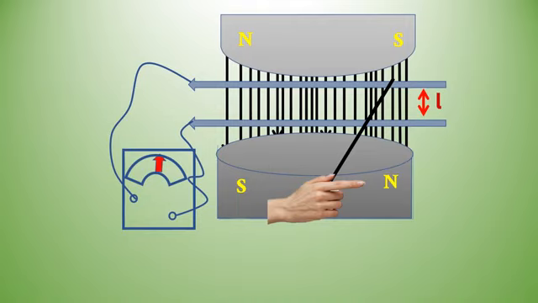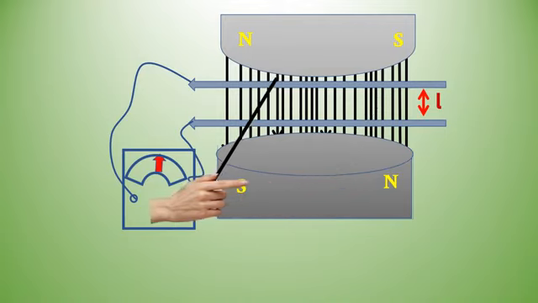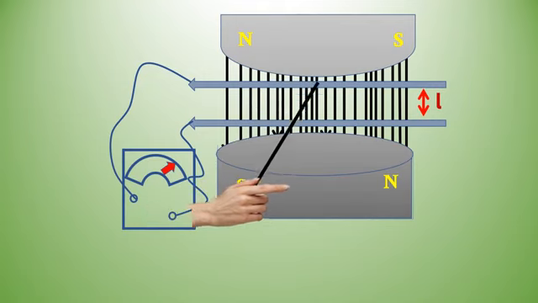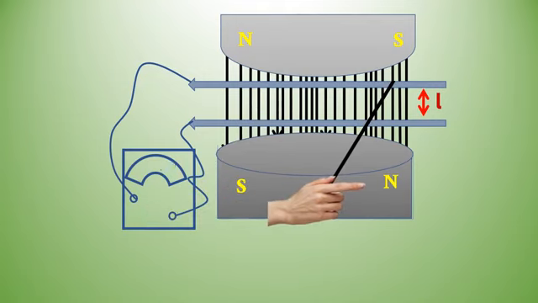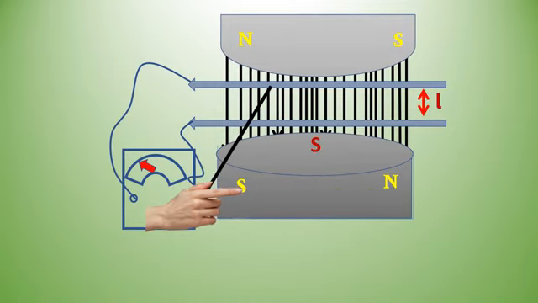Now, if the crosswire placed across parallel conductors is moved to the left, the galvanometer needle will deflect in one direction. If the crosswire is moved to the right, the needle deflects in the direction opposite to the previous direction. Suppose that the crosswire is moved to the left to a distance of S meters in a time of delta t, then the reading of the galvanometer gives us the amount of current that flows in the circuit.